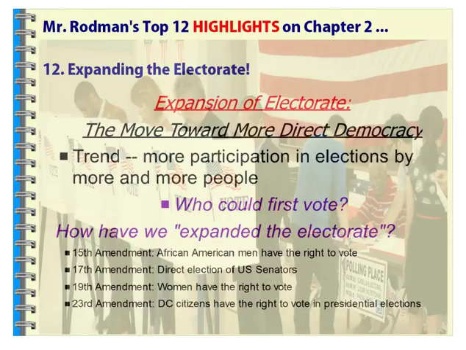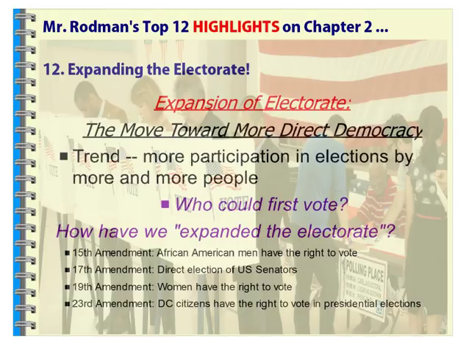So, expanding the electorate, how do we get to more direct democracy? We have a lot of ways that we have direct democracy today, where people are participating more than ever in our democracy. And that's not just in elections and voting, that's also in ways that they make their voices heard, ways that they run for office, and they join interest groups, and they become members of political parties, and they work at the polls on election day, and they work on campaigns. But we've done a lot to move towards a much larger electorate.